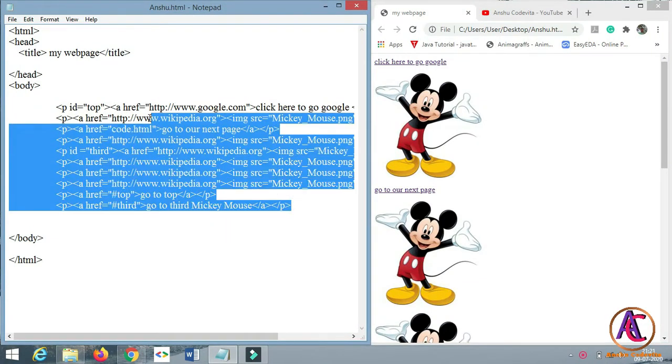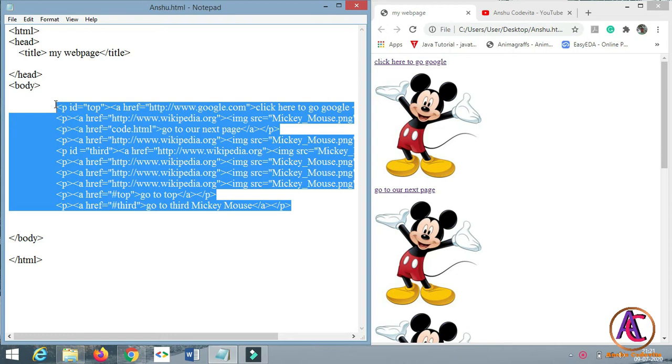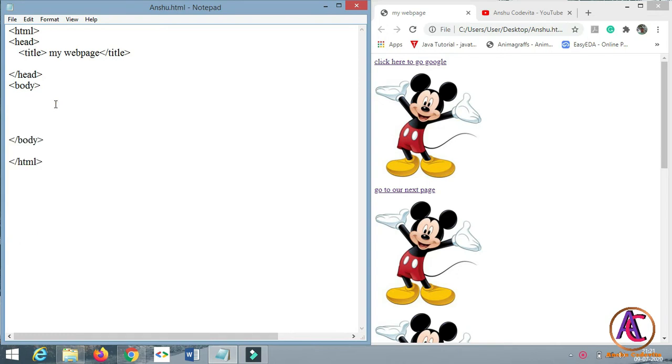In the last video we saw the image tag and the anchor tag, or a tag. It is used for creating a link from one page to another. So today we'll look at HTML entities, and at the end of the video we'll look at a trick also. So watch till the end. If you want to display this a tag on a web page, type a tag